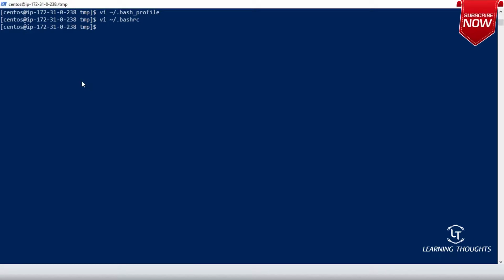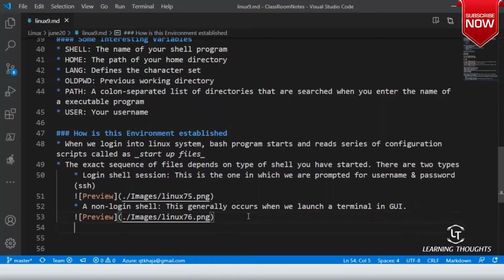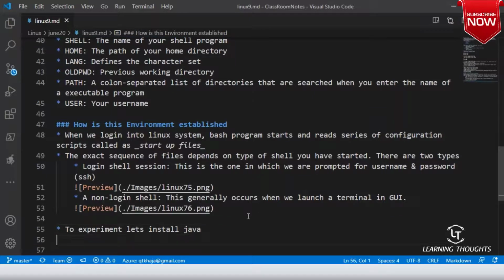But what we would do is, let us try to install Java now. Shall we install Java? To experiment, let's install Java.